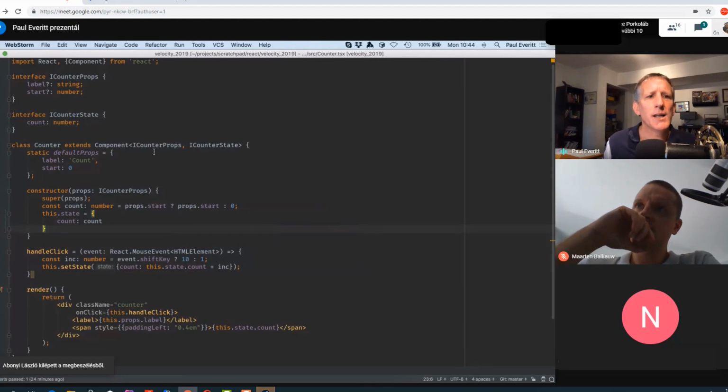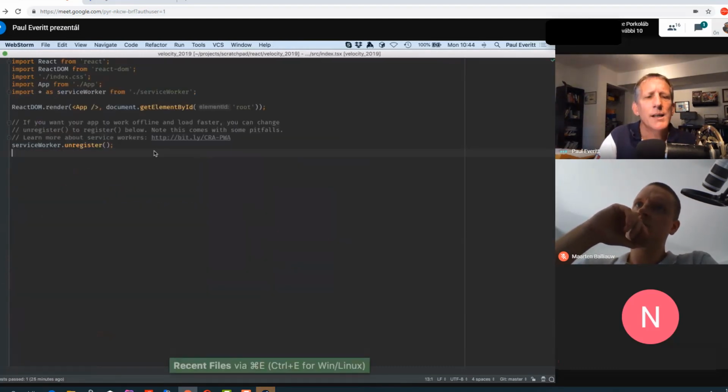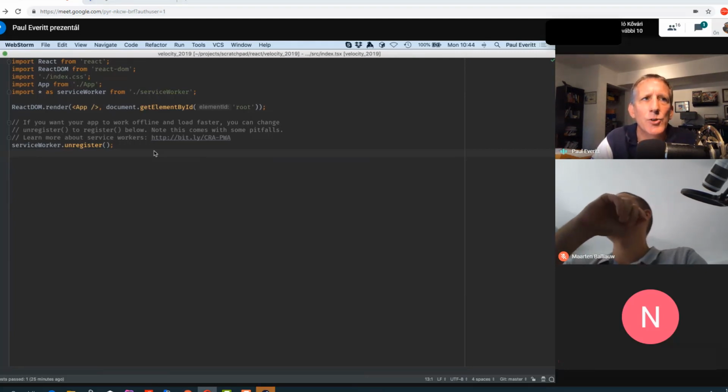Okay, onwards, some janitorial things. Let me go back to my index.tsx. This is the top of my React application. And I should have mentioned this is a React and TypeScript application that was created using Create React App 2.1 and passing it TypeScript. So it's kind of an out-of-the-box React app that uses some of the things that I did in the tutorial.